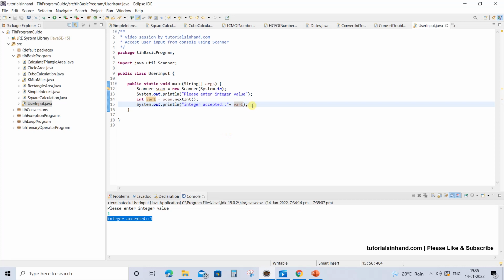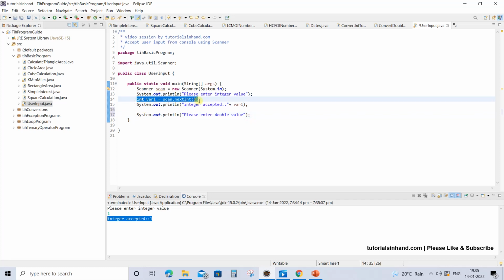Similarly, you can also use this to take any other value. For example, just take this one and write please enter double value, and we are going to do the same. This is just copy and paste. Now this time what we want the user to enter is a double value. Just provide nextDouble over here.